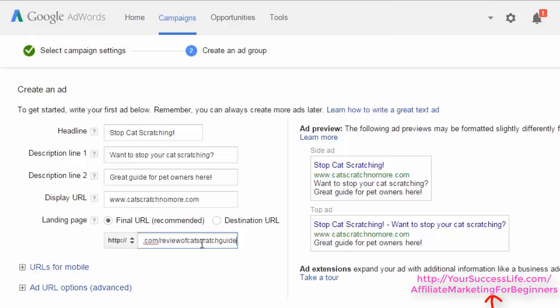Let's say that was the URL for a review that I had that was meant to convert people to buying a guide to stop their cat from scratching. So because this first part here is the same as this part here, the rest of this is fine, and the ad will direct people to this link. Once you've entered your ad, you can just scroll down,